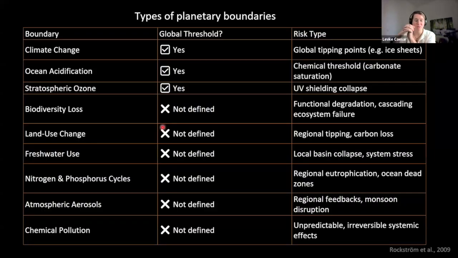When we compare these processes to the conceptual description I gave you before, we can see that some of these processes do have global thresholds by themselves, but others basically pose planetary risk in more complex, aggregated ways, as I've explained before. And basically, the categorization is what you can see here in the upper panel, that is climate change, ocean acidification, and stratospheric ozone. These are the tipping-prone or tipping-type processes. So they have well-defined science-based thresholds at a global level.